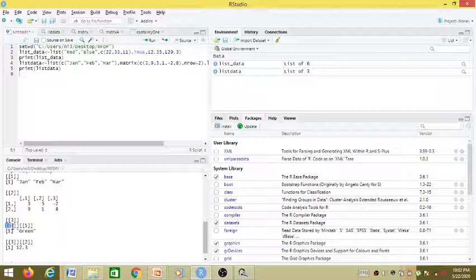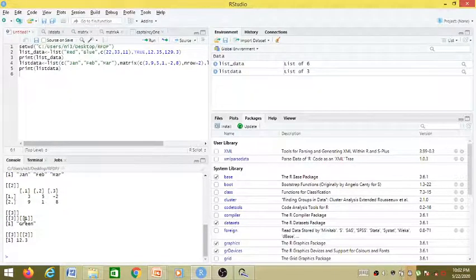So at the third location of list data, there exists a list, and in that list at the first location there exists a value green. So these are the indices of the elements of the inner list, 1 and 2. That's why they are also in double brackets, because they are indices of elements of a list. But this list belongs as the third element of the main list. That's why this 3 is there.